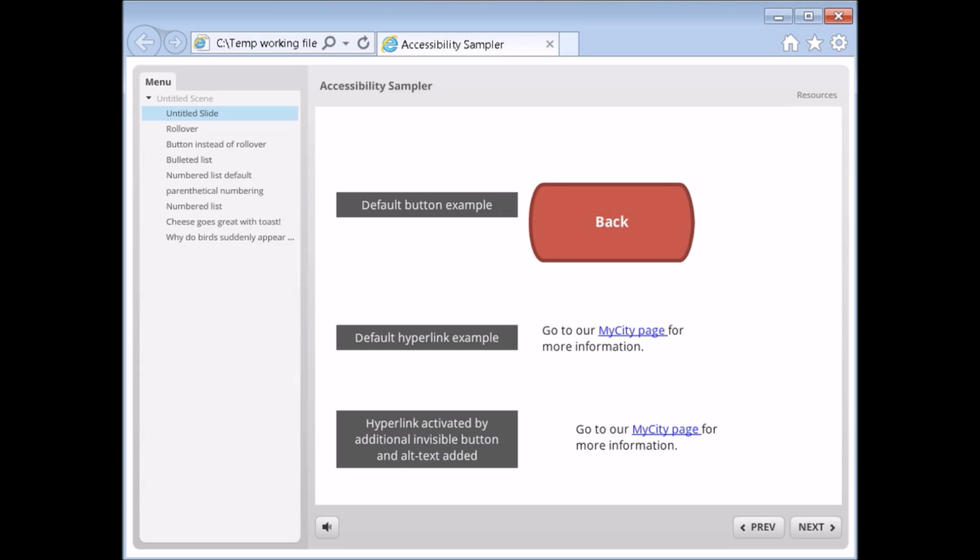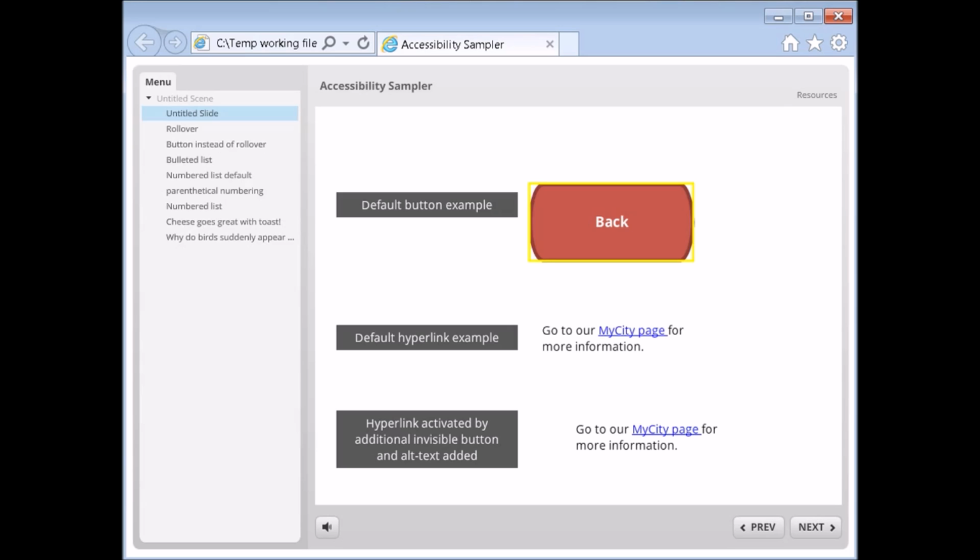So tab, new tab page, back button. So here is an example of how a user would interact with different elements. I've made the back button visible to accessibility tools because I want people to be able to click on them. When the focus landed on the button, it said back button. I didn't type the word button anywhere. I don't have to. JAWS adds button